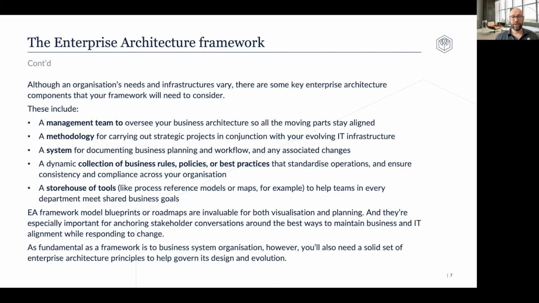And what you're going to need to do that is actually a lot of visualization and planning, because a picture tells 1,000 words, right? So you want to make sure that you have a really good visual representation of what your blueprint looks like. And